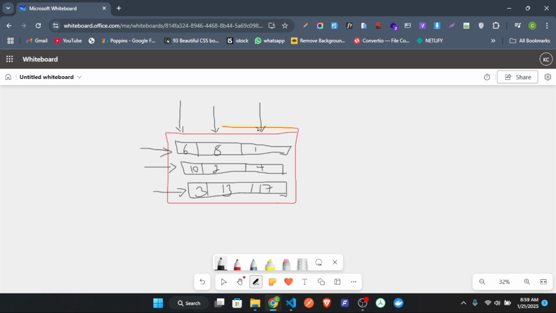Meaning in this case, if we are to represent this using the indexes, this will be at position 0, this will be at position 1, this will be at position 2. The same thing here: position 0, position 1, position 2. So what if I want to access number 8? What will be the position of number 8 using the rows and columns? How will I access this number? This will be something like 0,